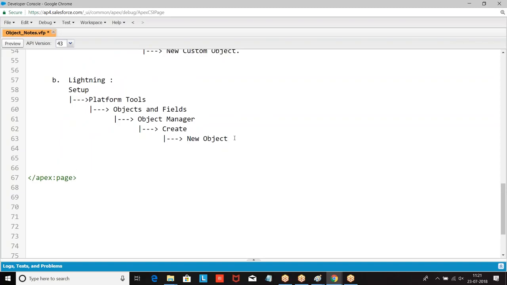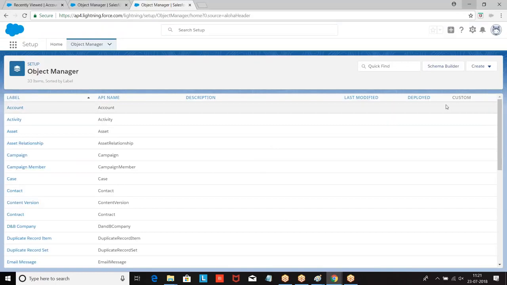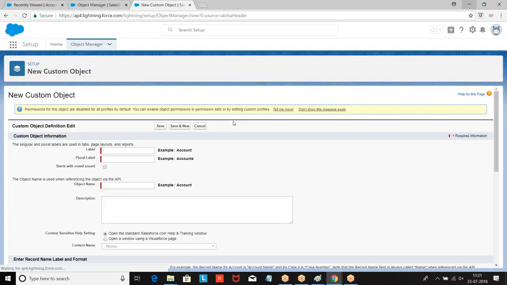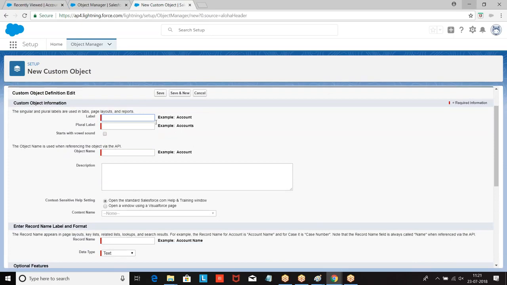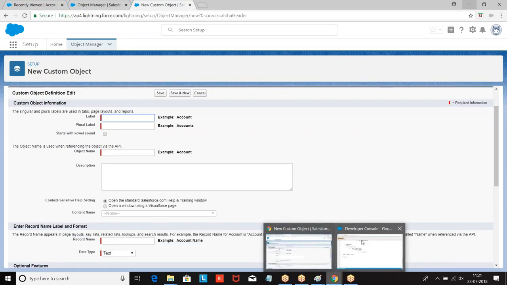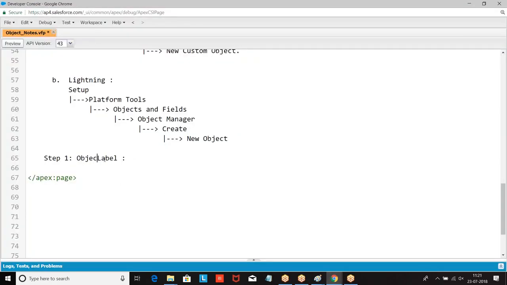Then what is the process? Step number 1: enter the object label. In both cases, the process is the same. What do you mean by label? Enter the label, the name of the object.